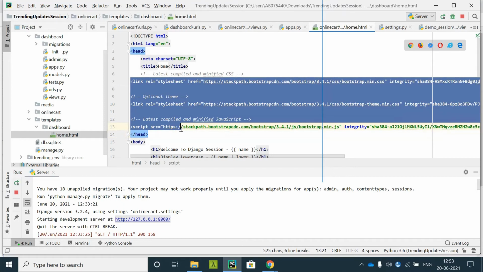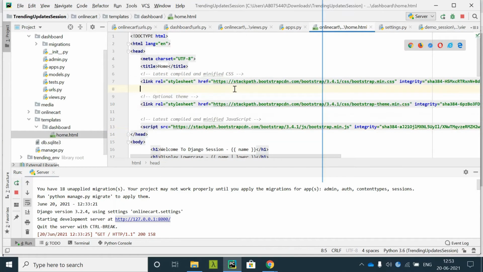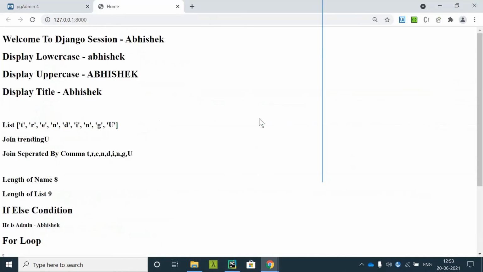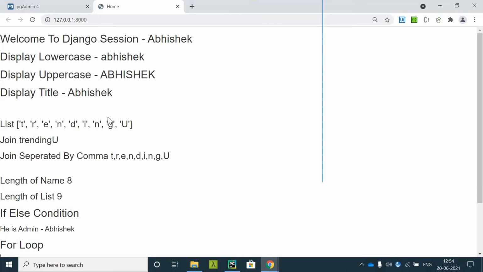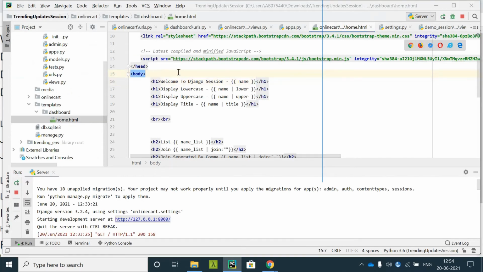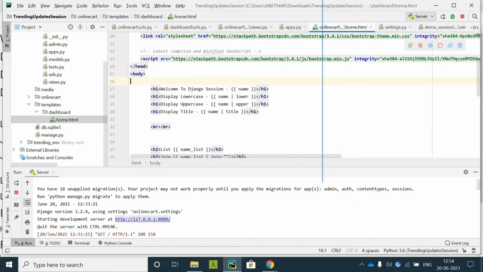Now that you have all the Bootstrap related files through the CDN, we are able to access the Bootstrap related things. As soon as you reload this page, you should be seeing some changes over here. So how does it look? See, did it change? Yes. How did it change? Because we are using the Bootstrap CSS now, and not the simple CSS that was provided earlier, like the header tag and all. I'll tell you what all things are available in Bootstrap.